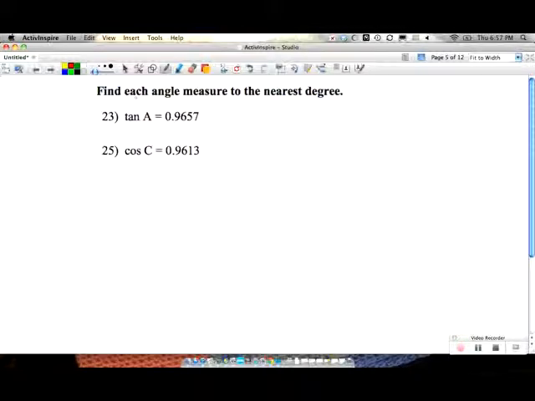Alright, now we got some calculator work. It's asking us to find each angle measure. This is going to imply that we need to do a tangent, sine, or cosine inverse. It's going to be that extra button. So as I'm looking at this, I see that tangent A equals this number. Well, if I take tangent inverse of both sides,